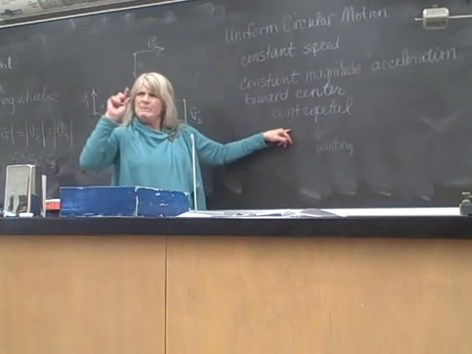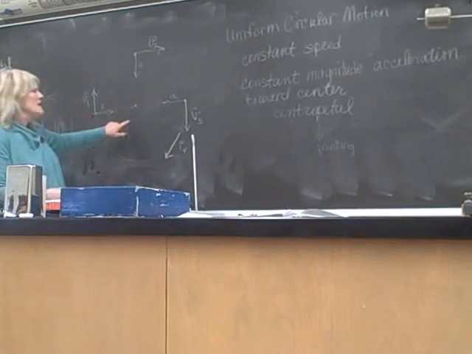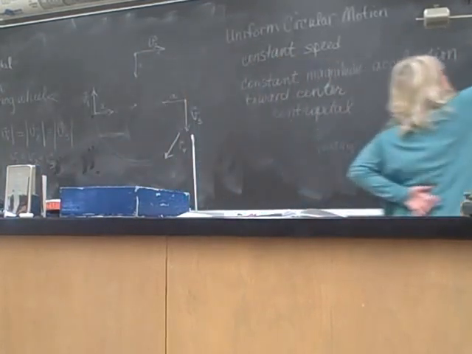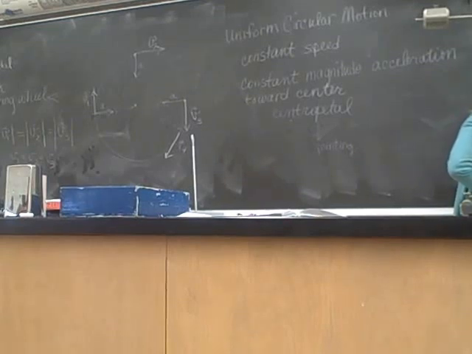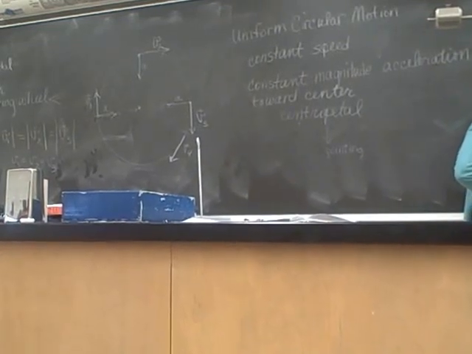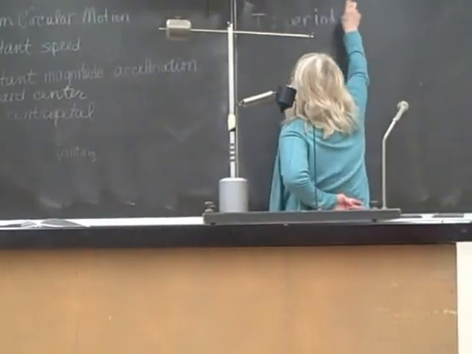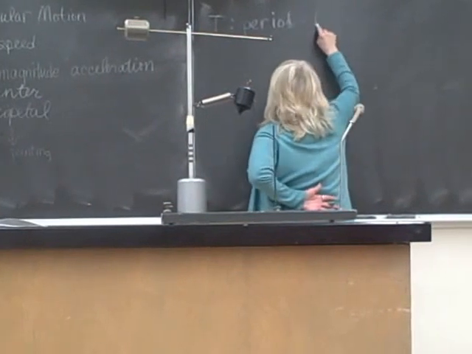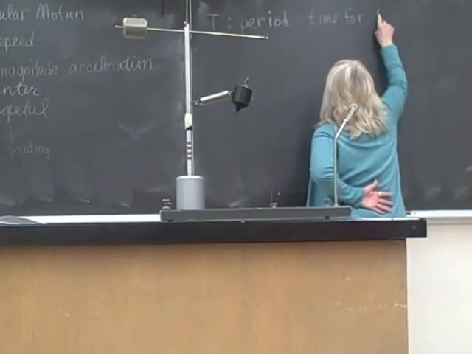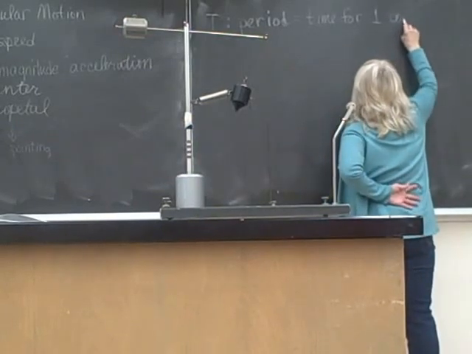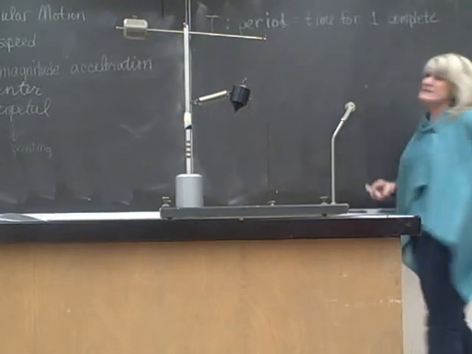Okay, so I'm going to pick a couple formulas out of the air, although one of them I'm going to have you help me with. So first I need to define something called the period. And it's a capital T. The name of it is period. And it's the time for one complete, in the case of circular motion,